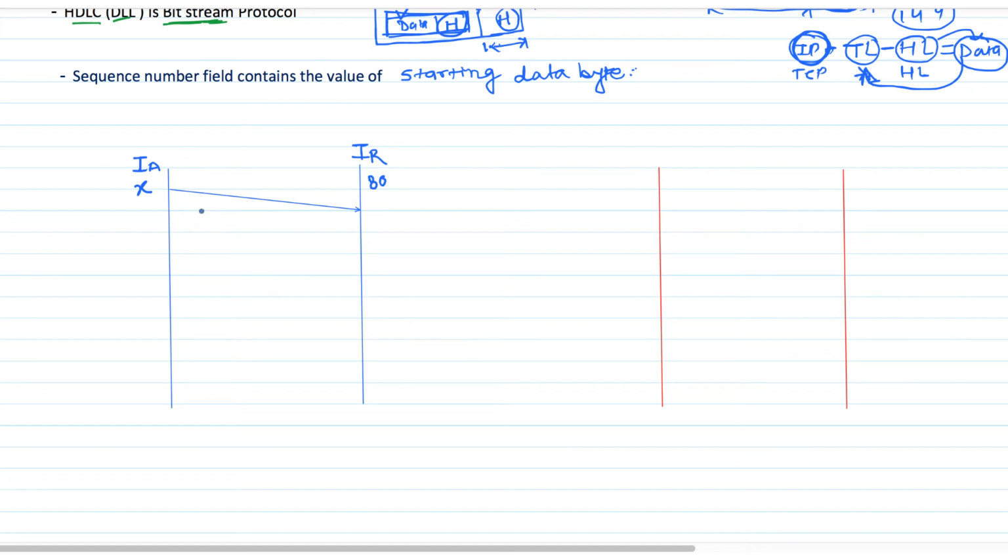Suppose the sender wants to send 100 bytes of data, from 0 to 99. So the sequence number for the first byte is 0 and the last byte is 99. In the sequence number field, it is going to mention sequence number 0.